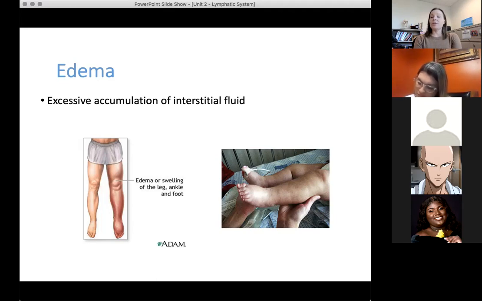So that's good. There is one other one that actually is not on the back end, but it's kind of on the front end. And that is if you have high blood pressure in the capillaries. Normally it shouldn't be too high there, but if there's increased or higher blood pressure than normal in your capillaries,